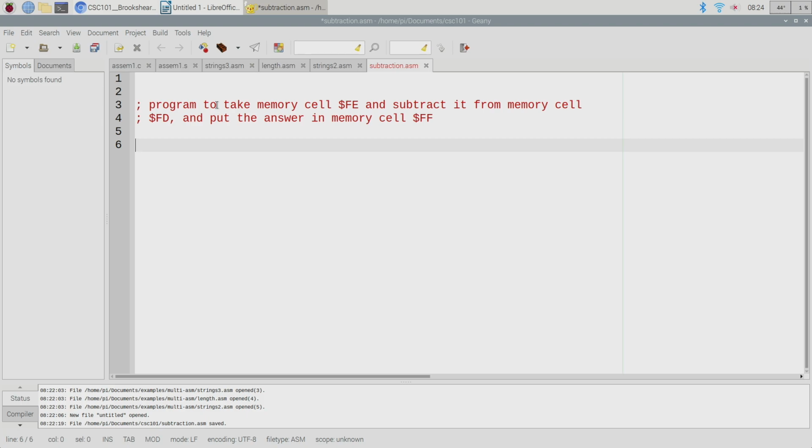All right. So first thing we've got to do is load the two numbers into registers someplace. Okay. So how do I load memory cell FD and put it in a register? Okay. Now let's be careful because how many different load instructions are there? There's two versions. Which one do we want? Okay. So we want this load instruction,